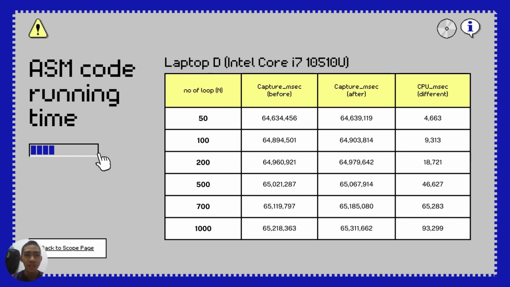So we go through to the 50 loop. We can see here the number is 64,634,456, and 64,639,119. We can see the difference is only 4000. Then we go through to the 100. We can see the difference increase to